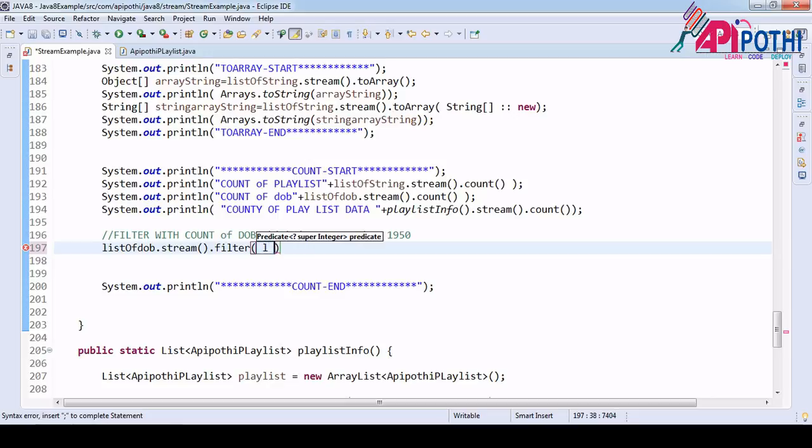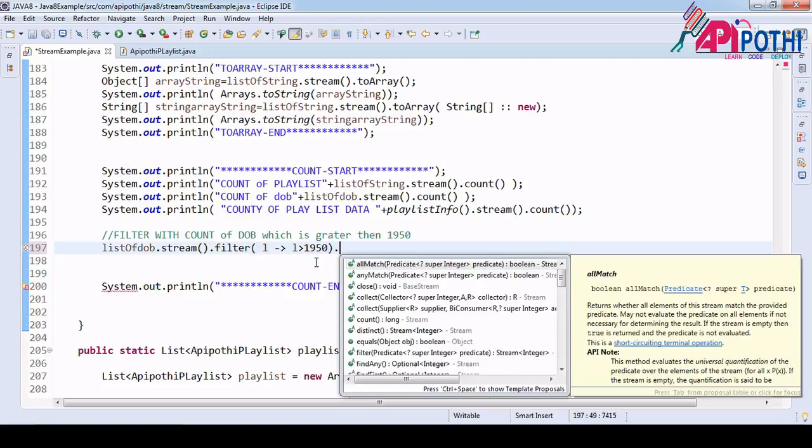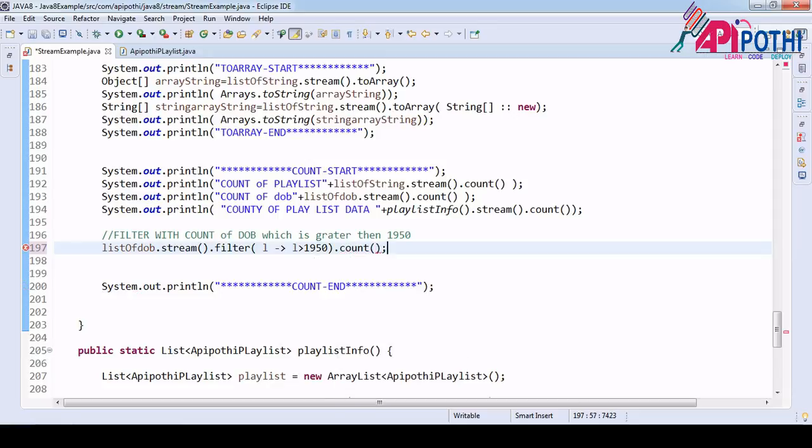I want L, ABCD, anything. I want L where L is greater than 1950. Once we get that, please get me the count. I am not interested in the values, I want the count only.